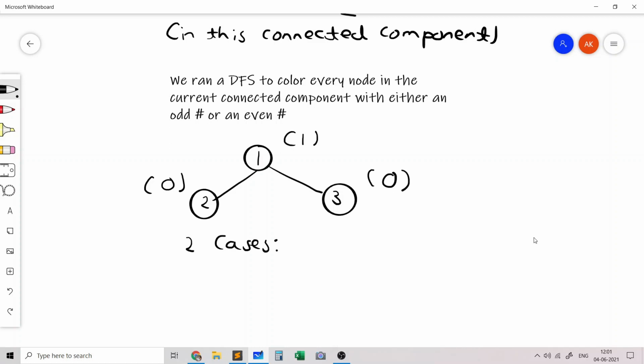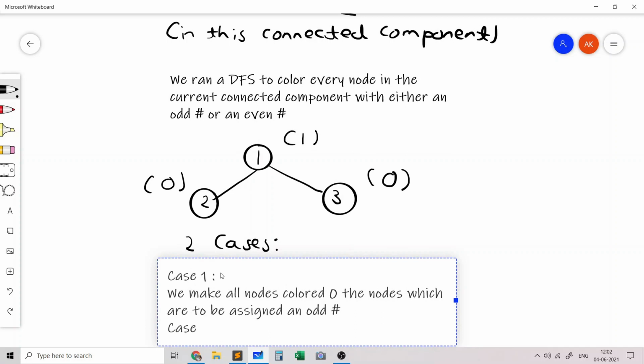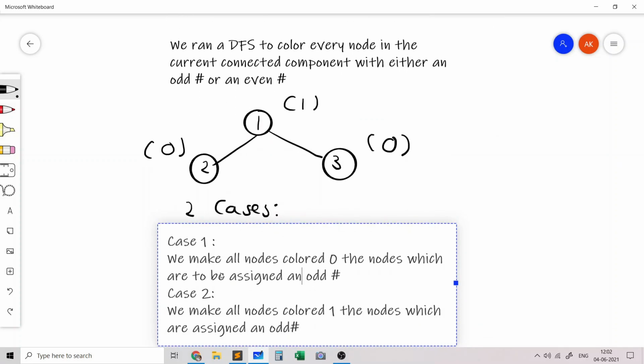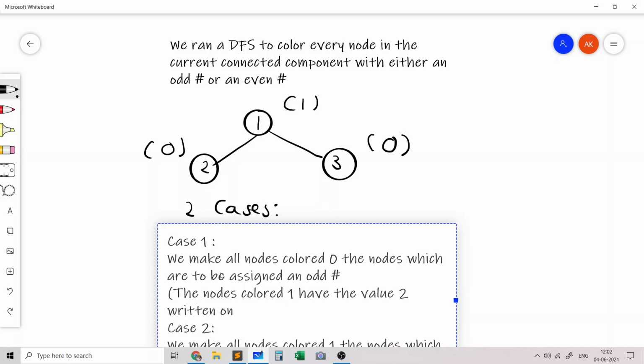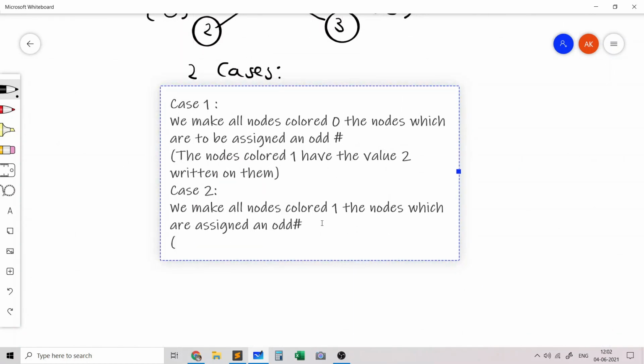The first case is that we make all nodes colored 0 the odd nodes. And the second case is that we make all nodes colored 1 the odd nodes. And this basically means that in the first case, the nodes colored 1 have the value 2 written on them. And in the second case, we are writing the value 2 on the nodes which are colored 0.